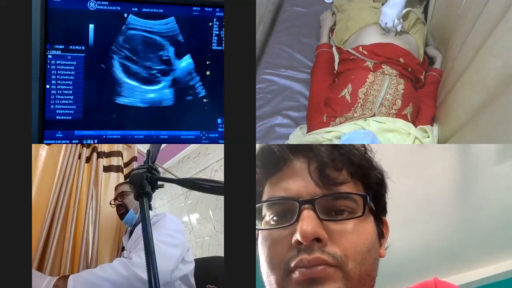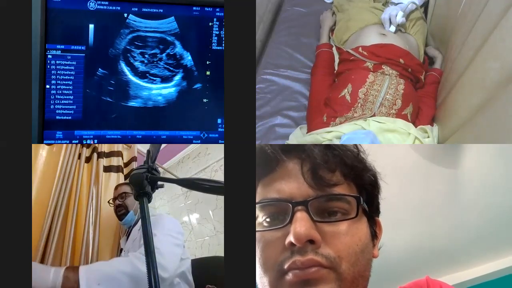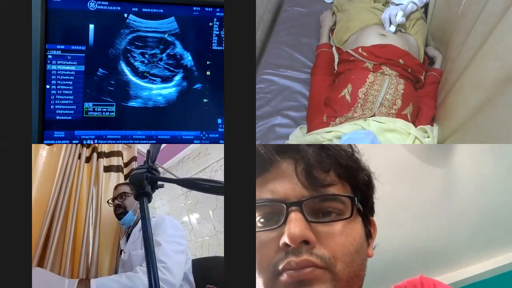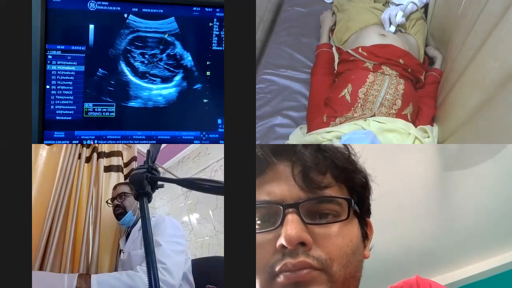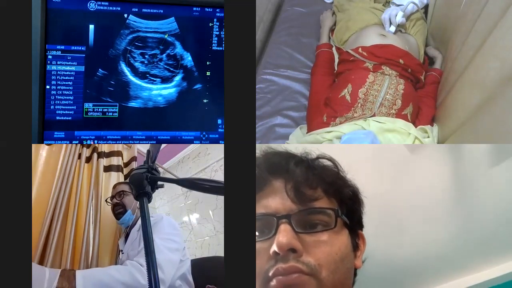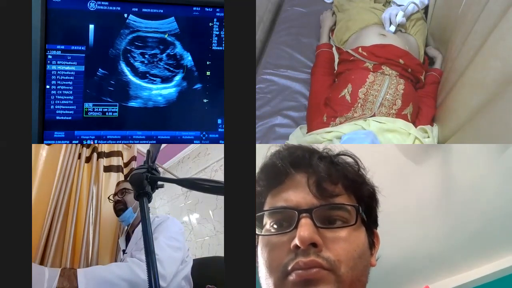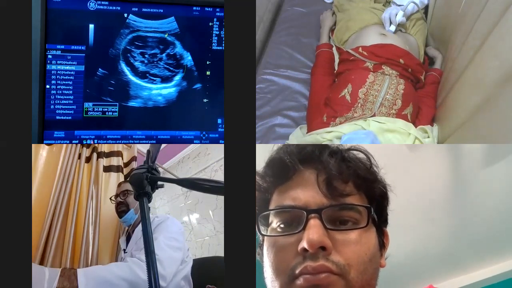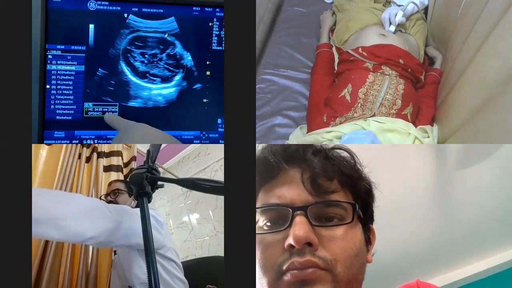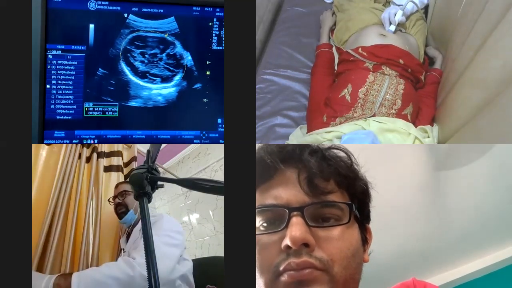Now I will show you how to take the head perimeter. Now see, again the same section. What do I mean by the same section? Same axial section. Taking the cursor, putting it onto the outer contours of the bone. Then there is the ellipse tray. Now see, by the ellipse tray, I can increase or decrease the size of this head circumference so that it will be fitting the whole of the skull. Now see, this is again 27 weeks. So this way I will be taking the head perimeter.